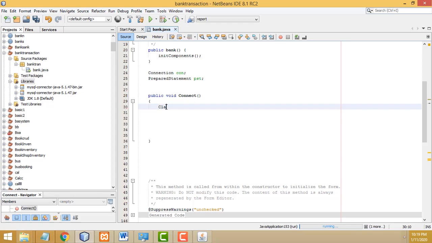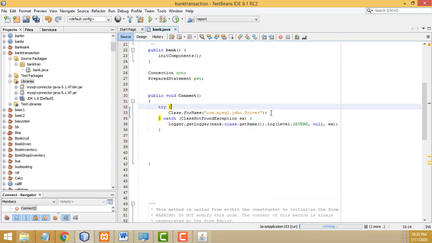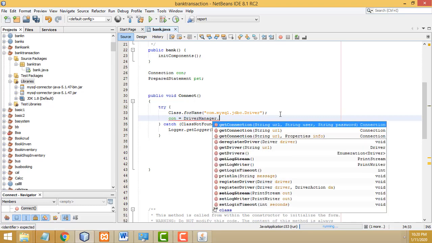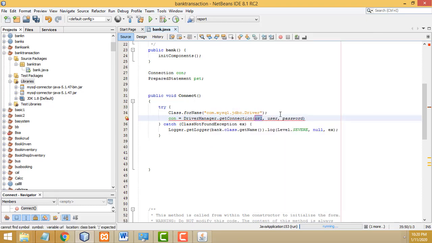How to register is Class.forName. You have to register the driver com.mysql.jdbc.Driver. You have to register like this. Right. Perfect. This is not an error. You have to import it in this form, try and catch. It is generated automatically like this. After that, we have to add the connection object: con equals DriverManager.getConnection. Here we have to write the path: jdbc:mysql